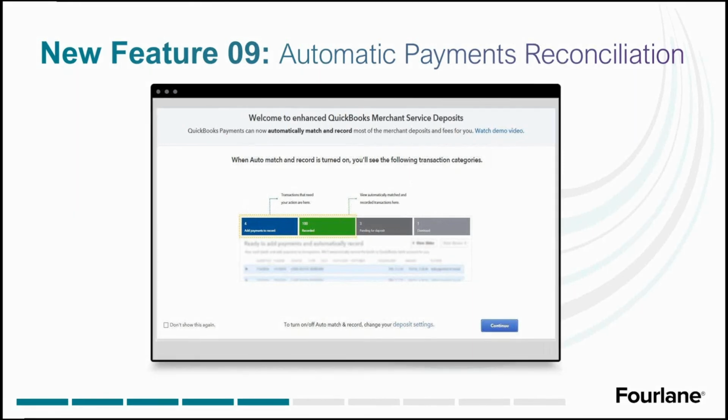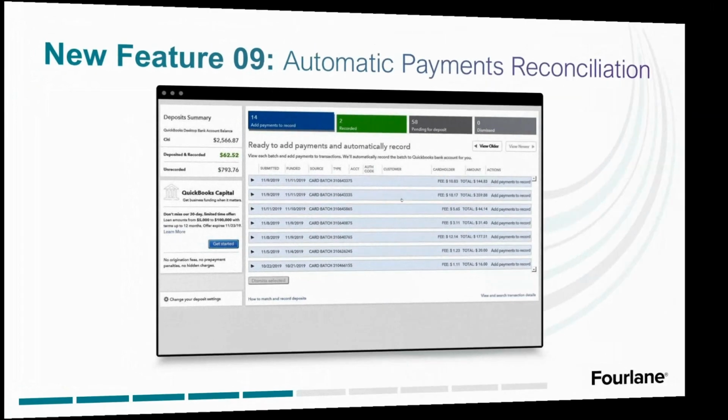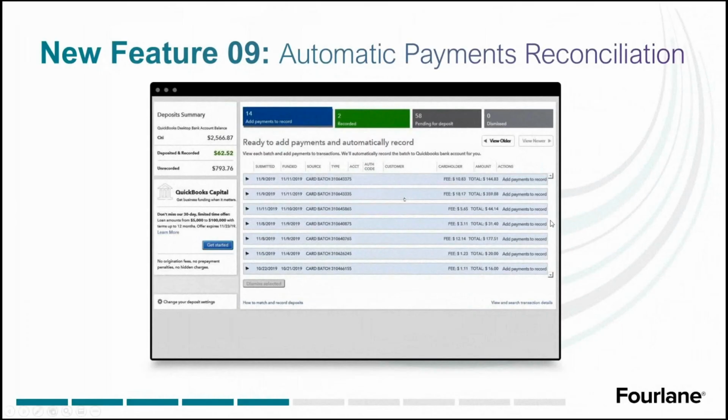When I come in here, I can't show it to you because I don't have a credit card account set up in my demo file, but I have all the payments to record, right? All the different batches will be showing up in here. How many have been recorded, how many are pending deposit. Lots of different information available here. Okay. I didn't fully understand the changes that they were making with this, except for the look, because a lot of this stuff is auto-reconciled already when you have payments, but this is one of the features that they're talking about in this new look. We can talk about QuickBooks Capital here in a second too, so there's some pretty cool stuff there.